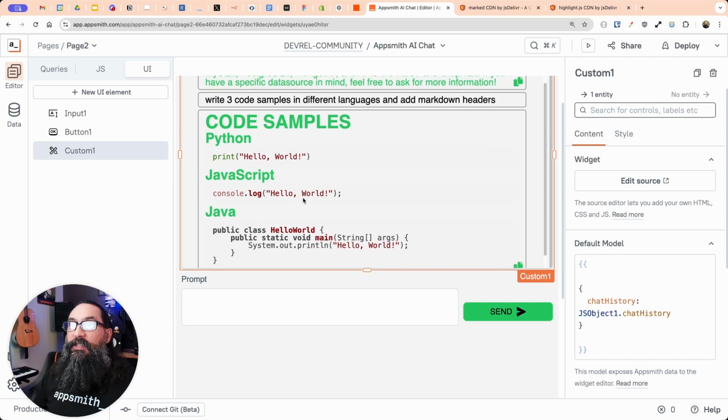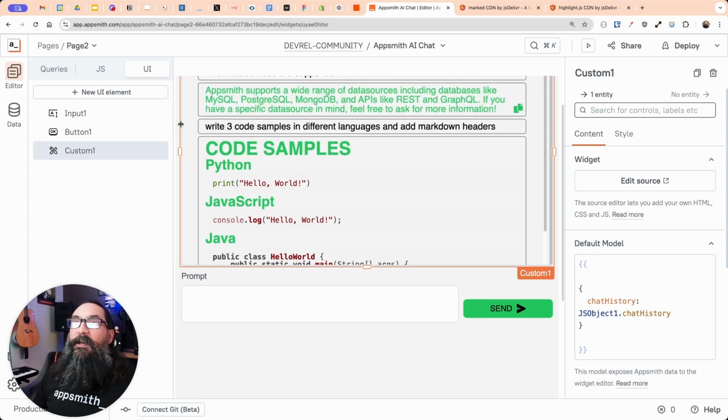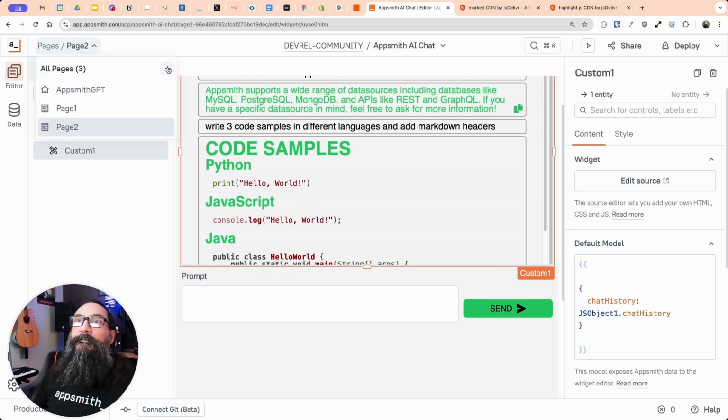So we're going to build this out from scratch, and I'm going to set it up so that it's easy to tie into any AI. Right now I'm using Appsmith's built-in AI, but if you want to swap that out and use ChatGPT or Claude or Gemini or whatever, I'm setting this up so that it's just displaying an array of messages, and that can come from anywhere. So we're going to start out by adding a new page,